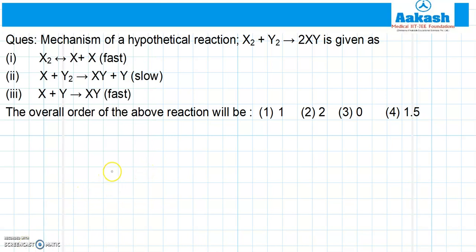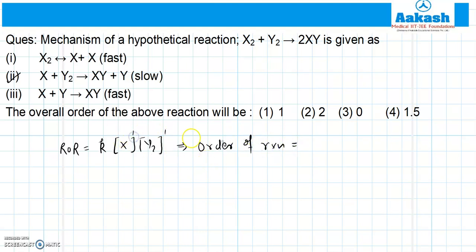During calculation of order of reaction, we will write the rate of reaction by using the slow step, which is step number 2. So if we write the rate of reaction by step 2, it will be: rate of reaction is equal to K [X][Y2]. If we give the answer of order of reaction over here, then order of reaction will be equal to 1